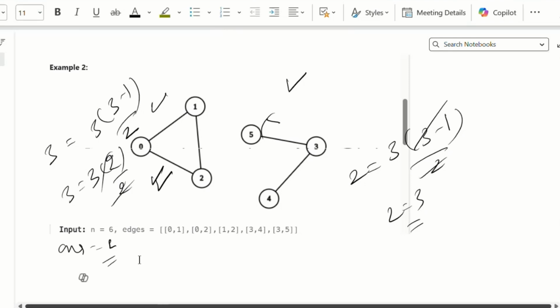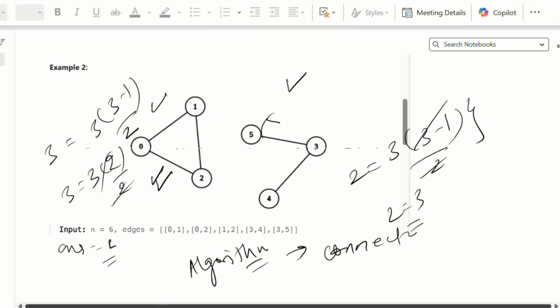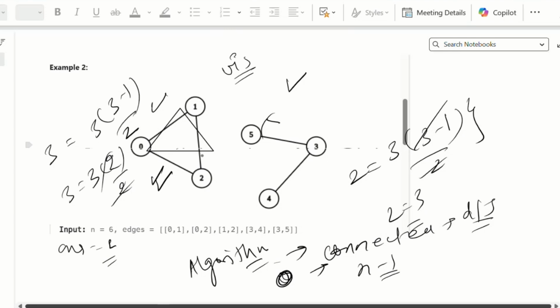So this formula is easy, but how do we traverse, and what algorithm can we use to solve this question? To find the connected components, we can directly use DFS. We move from node 0 to node n minus 1, and if we start from node 0, we traverse all the connected nodes from that node. Then we have a visited vector which shows that this node is visited.